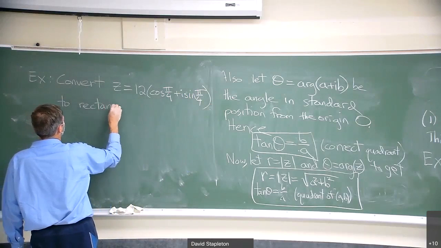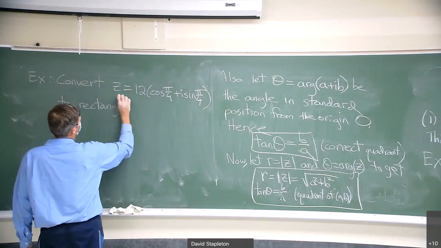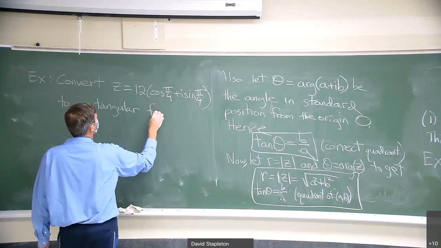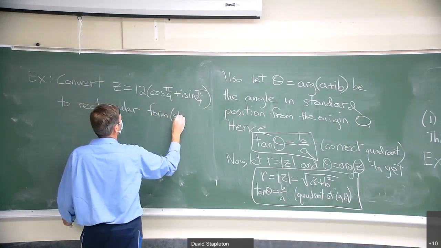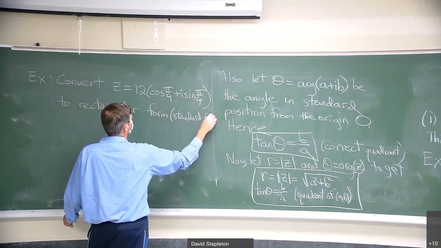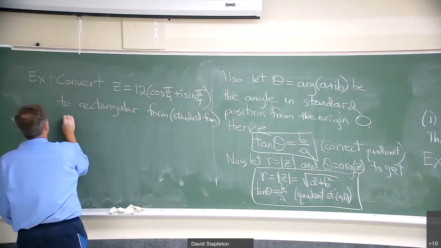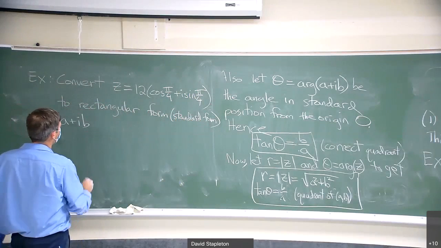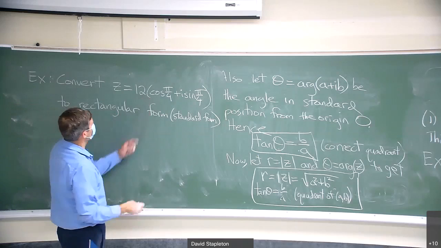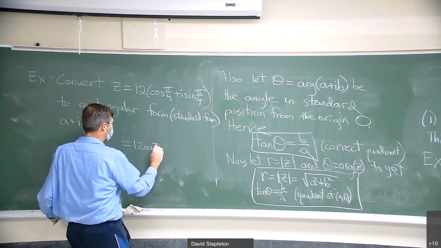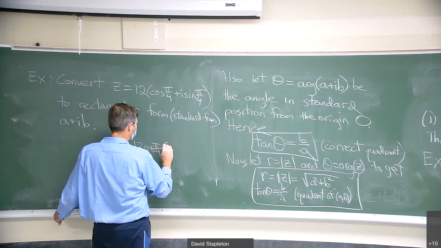Really just have to multiply it out, right? We're going to put it into the form a plus ib. Well, I just say z is equal to